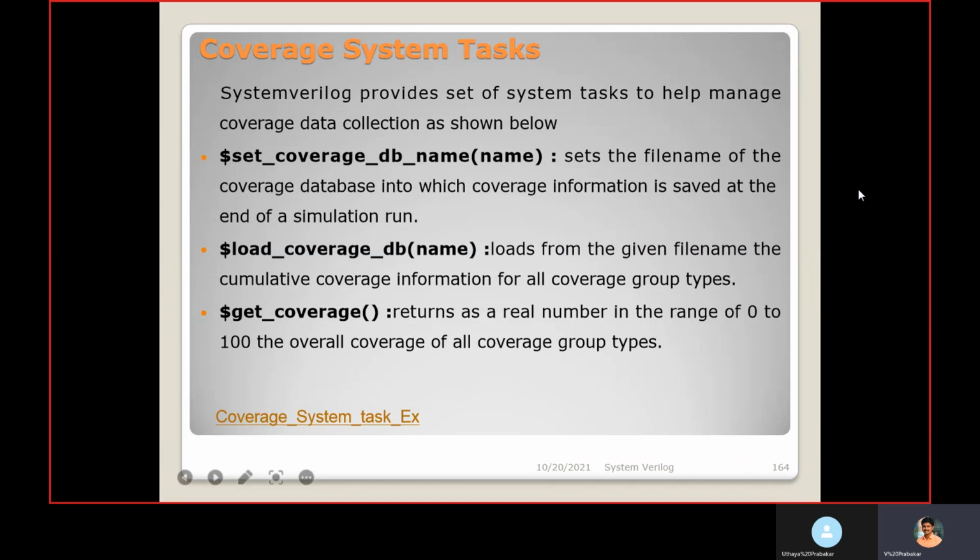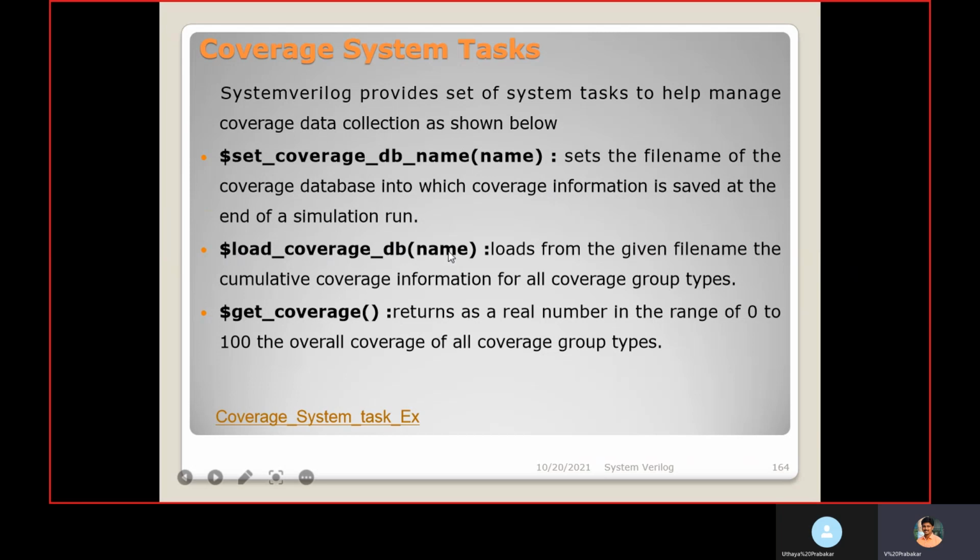It sets the file name of the coverage database into which coverage information is saved at the end of the simulation. And this system task $load_coverage_db loads from the given file name the cumulative coverage information for all covergroup types.